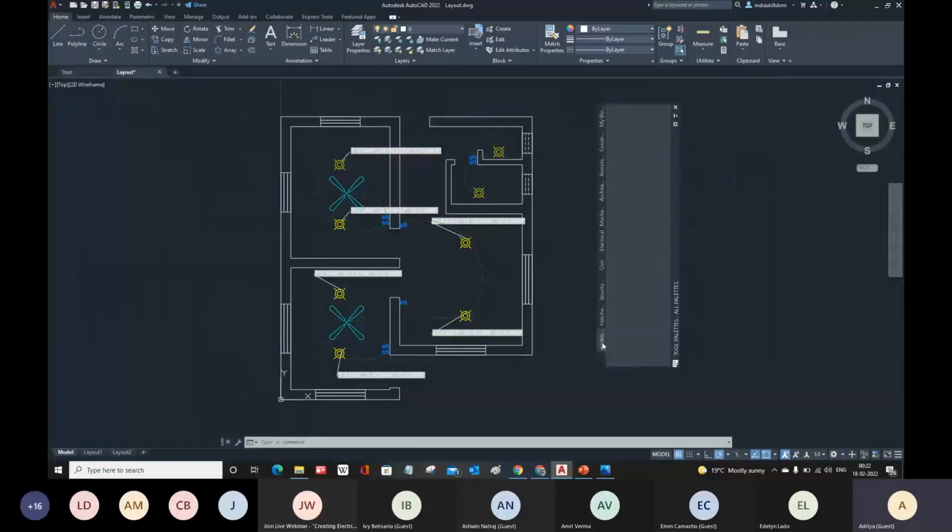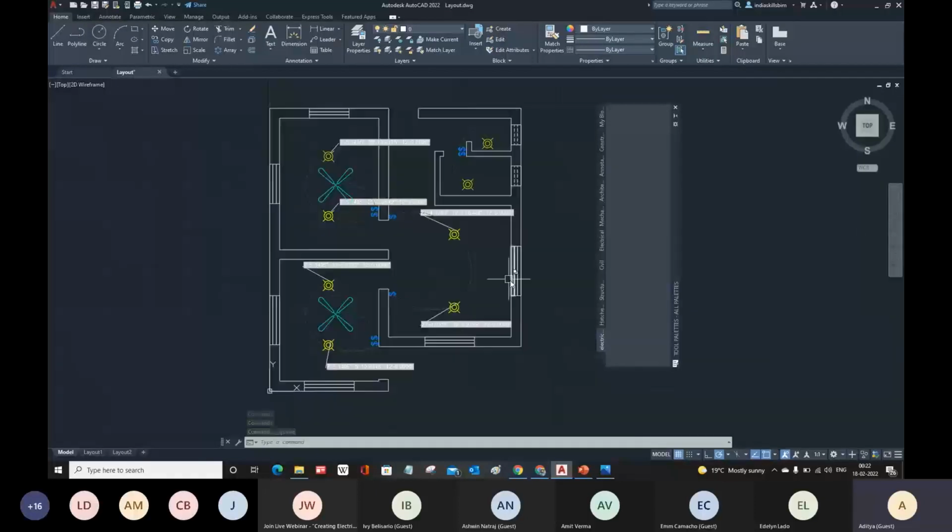Now I want to save all these components, these block items, into my palette. Save your drawing first. This is the first and important step whenever you are trying to save your block items into your own palette. So save the drawing first. Now select the item. Now pick from here, drag it, and then drop it here. You can see that object has been placed there. Same way, this is a simple block item. Pick and drag and place it here.